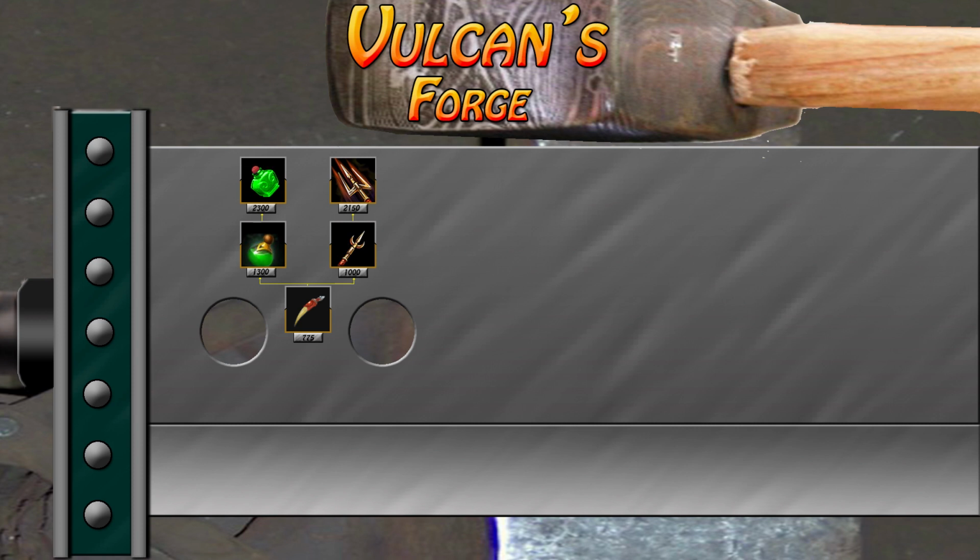But if Hydra's Lament, or these items, were added to the game, Hydra's would be moved over to its own spot, its own tree. And this tree would be the physical power and cooldown tree. So what we have for this is a new starting item, which is Hydra's Fang, which is just